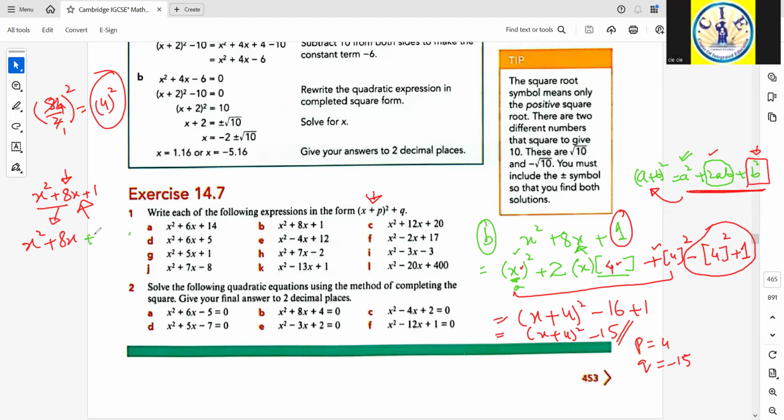Then plus 4 square minus 4 square, and then finally plus 1 would be there. That will give you x plus 4 whole squared minus 16 plus 1, minus 15. That is your answer. And if you just see it, that will give you that P is equal to 4 and Q is equal to negative 15. So again, in both ways, you get the same answer, but the actual difference is the